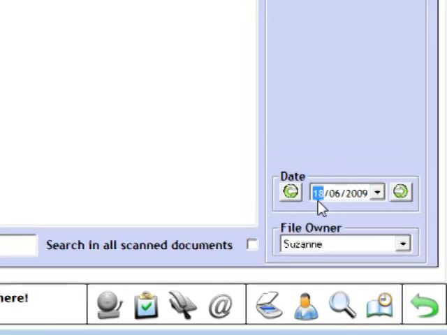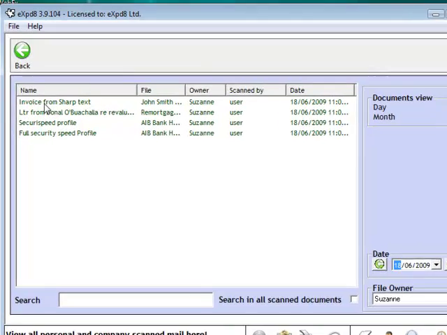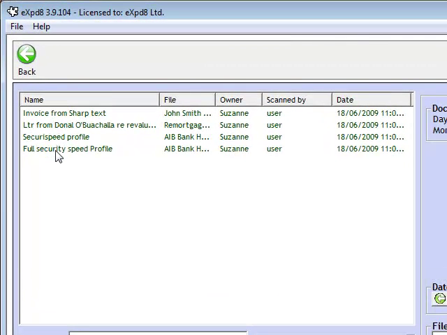in today. Now notice here from this little arrow, I could go back and look at a previous day, but let's focus on today for the moment. So what I'm viewing here are 4 items that have been scanned into files belonging to me on today's date. I can see the name that's been given to the item scanned in, and I can see the file it's